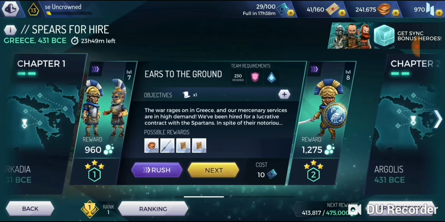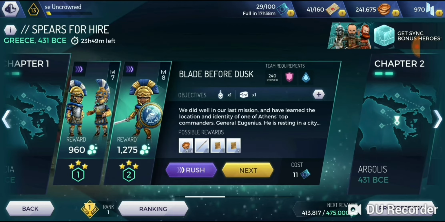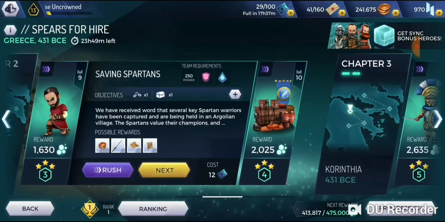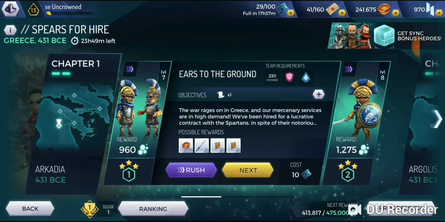So for example, mission 1 will reward you 960 data nodes per completion, but at the cost of 10 Rift tokens. For mission 2, it will reward you 1275 at the cost of 11. As you go to higher missions, the rewards do increase, but at a higher Rift token cost as well. Speaking of Rift tokens, the energy for events actually regenerates